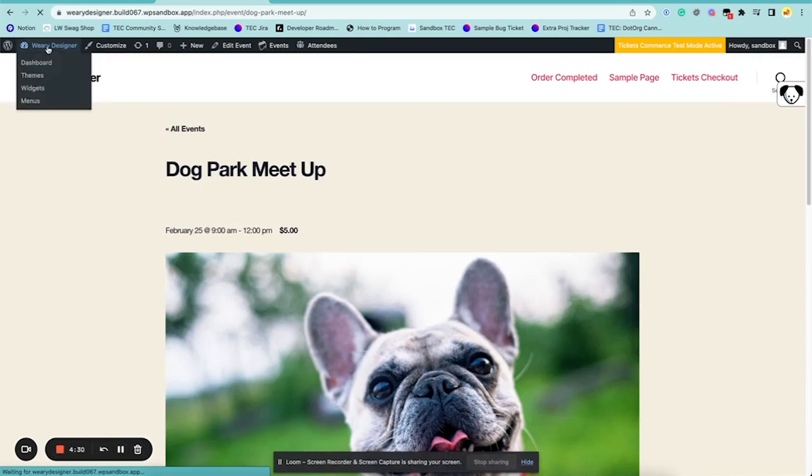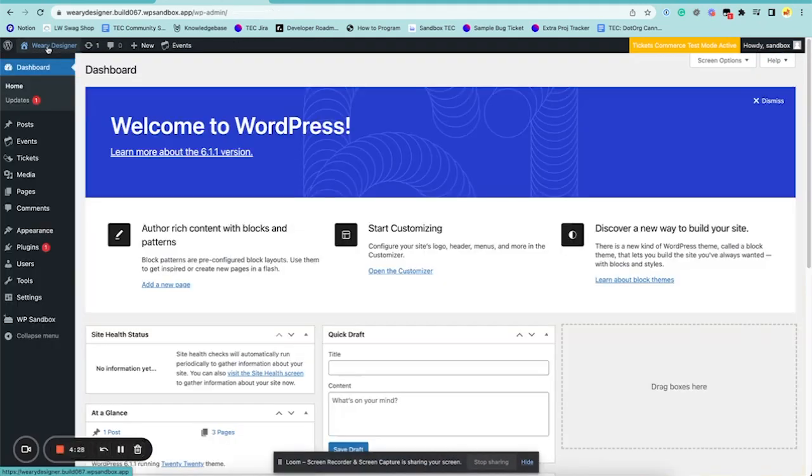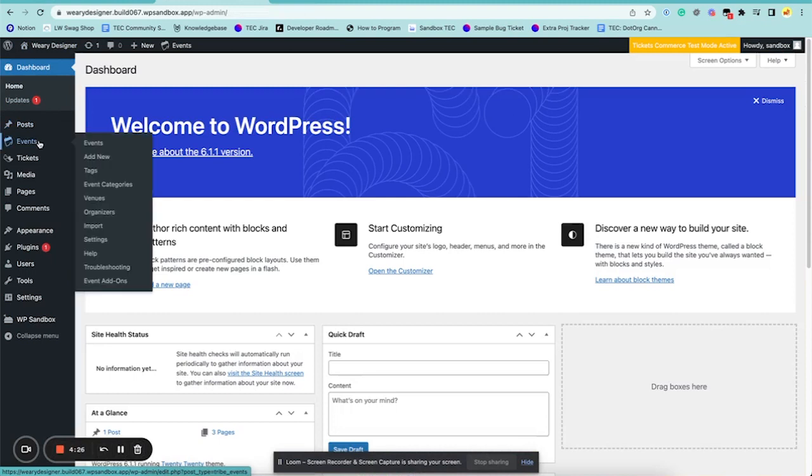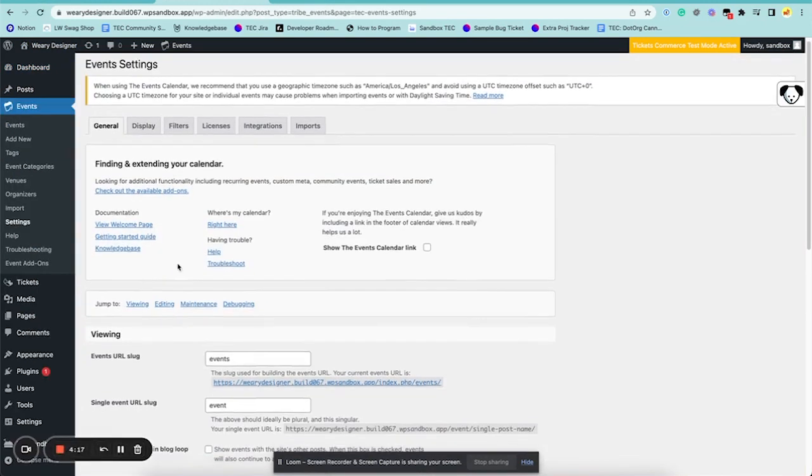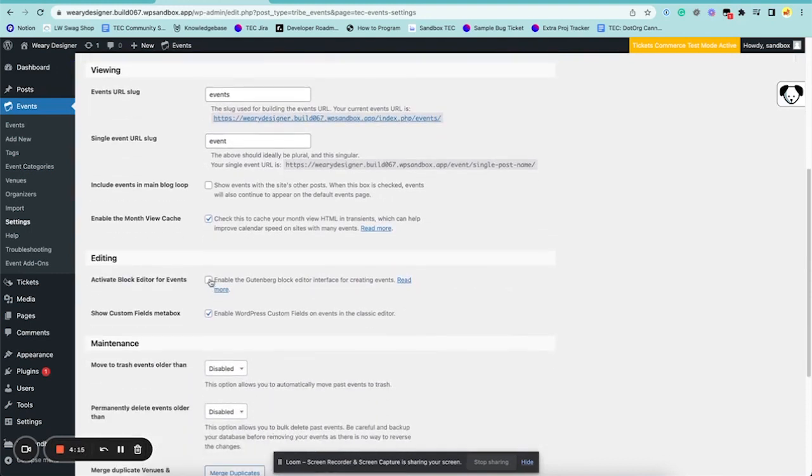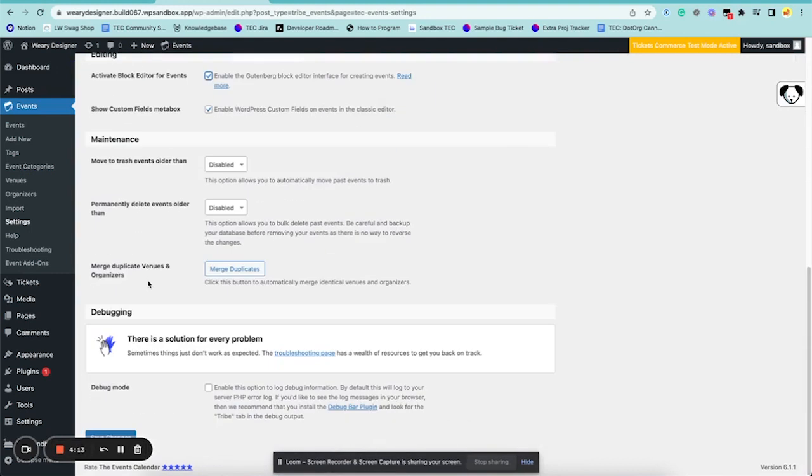I also really quickly just wanted to show, I've been using the classic editor to add and edit events and tickets, but you can change this to the block editor if you go to Events and Settings. And then from General down to Editing, you have this option to enable the Gutenberg block editor. And then if you click Save Changes,